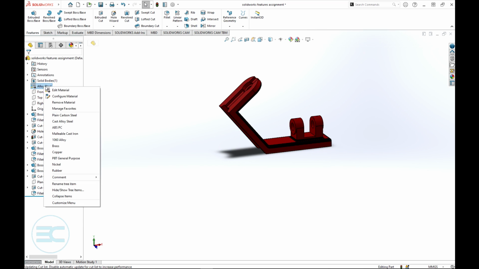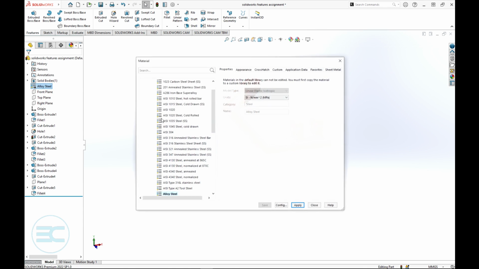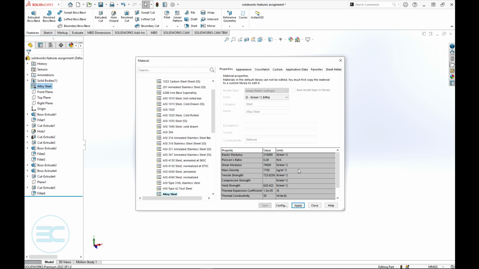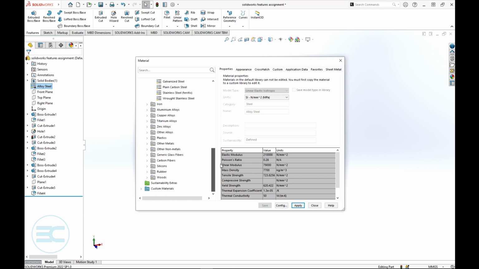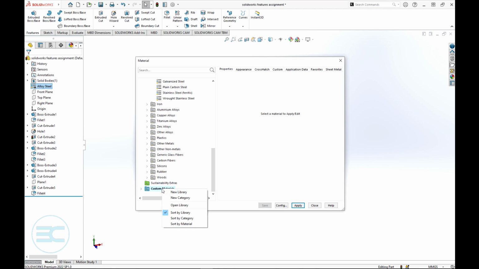Also, we can be able to change the properties. For example, if you check here, we can't make any changes here. It is grayed out. That is because SolidWorks considers these ones as default properties. But if you want to make changes in this area, you can just come and right click, then copy. After copying, you proceed up to custom material. Then you can right click there and